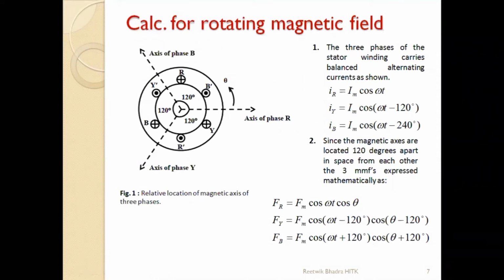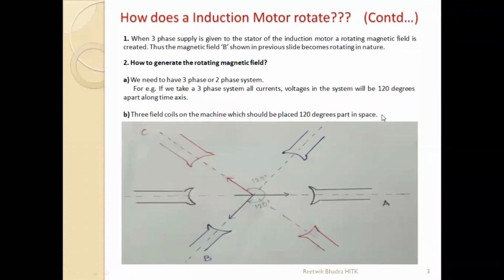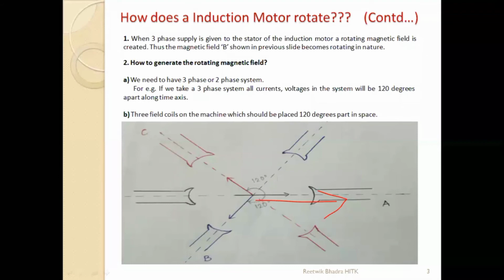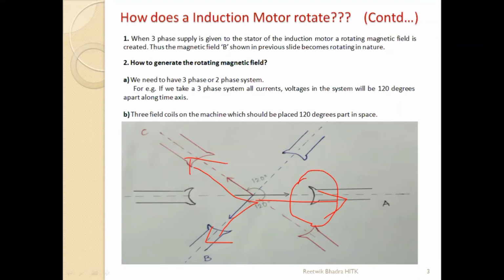F is equal to N into I, okay, there will be a current factor. Since this magnetic axis, if you draw the magnetic axes, one magnetic axis will be in this direction, another magnetic axis will be in this direction, and one magnetic axis will be this. You are supplying current over here at 120 degrees, but this magnetic axis in its domain is at some angle, so at an angle 0. This magnetic axis is at 120 degrees.